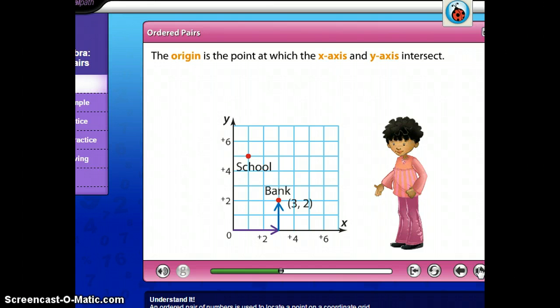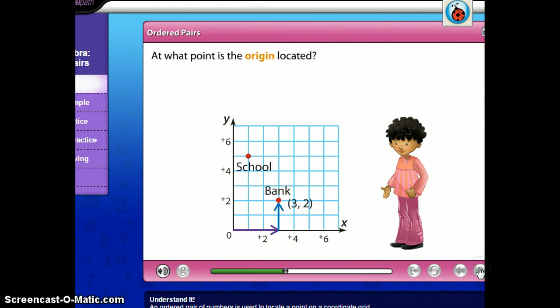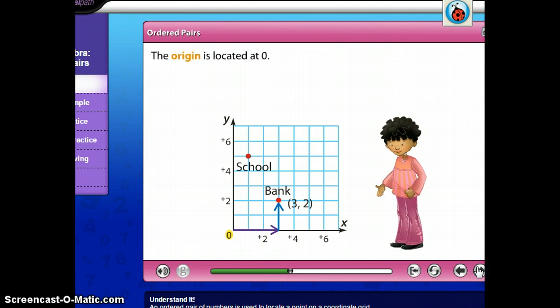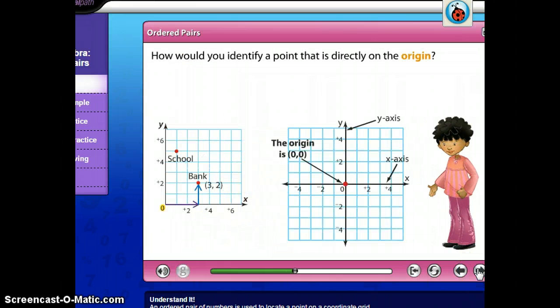The origin is the point at which the x-axis and y-axis intersect. At what point is the origin located? You said 0, 0. The origin is located at 0, 0. How would you identify a point that is directly on the origin? Right here, it has it labeled. Now,